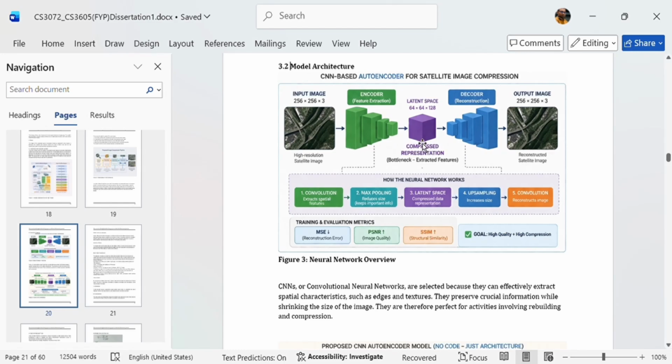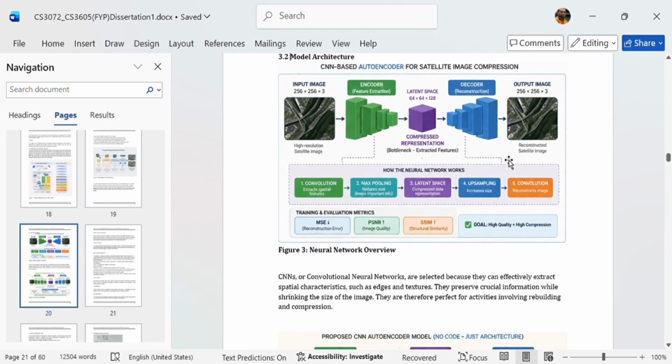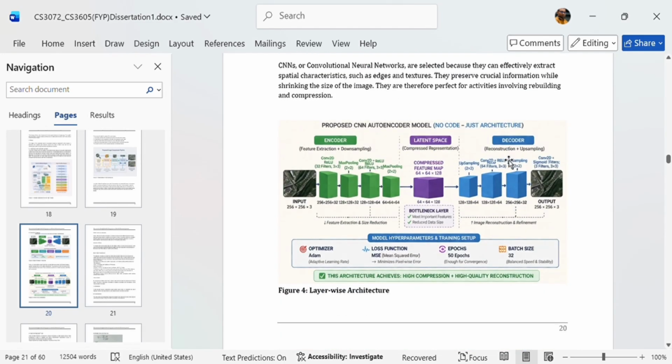The decoder takes the compressed representation and reconstructs the image back to its original size. The goal of the model is to minimize the difference between the original image and the reconstructed image. Now I will show the detailed layer structure. In this architecture,